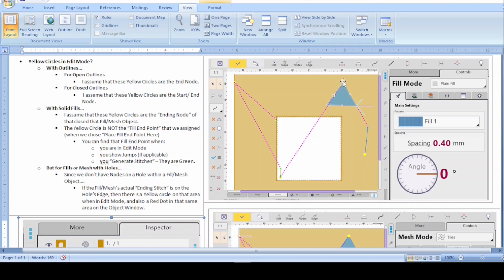So when I originally created it, if I would have just hit enter at that point, Embird would have made this my ending actual stitch as well. It would have ended the stitching up here. But I decided, like we all do, I don't want it to end up there. I want it to end down here. So I right-clicked on this node, and I chose Place Fill Endpoint here. Fill Endpoint, okay,